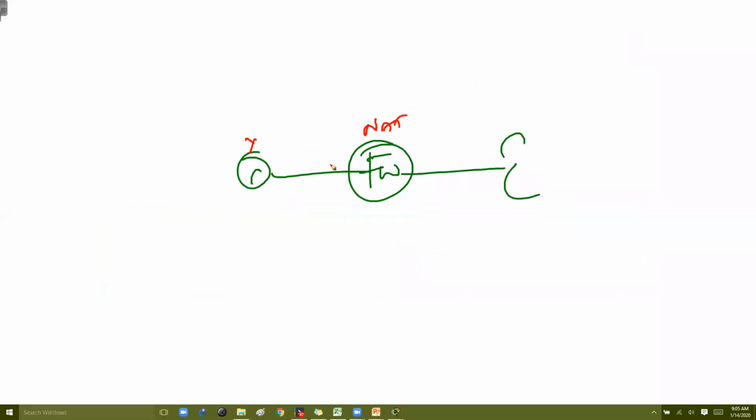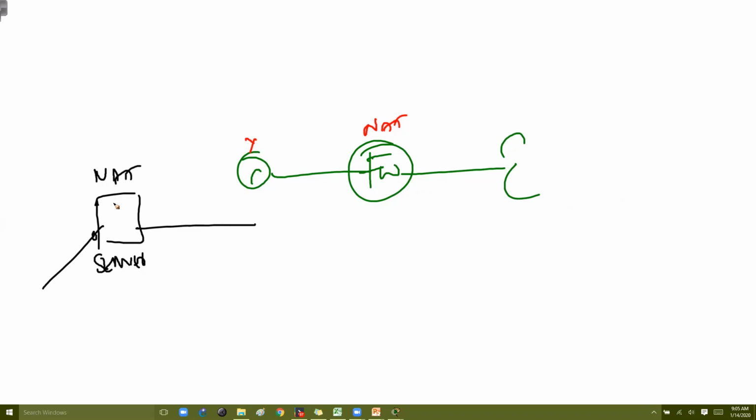In small companies, what you can do is configure a server with two NIC cards, basically one NIC connecting to the LAN and another NIC to the outside. So you can make this device a NAT. This is more applicable in small organizations where you don't want to use a dedicated router or